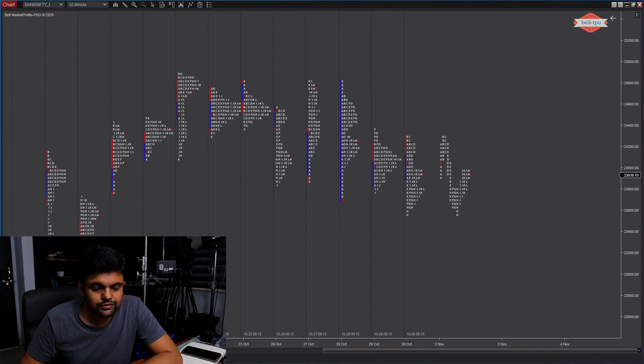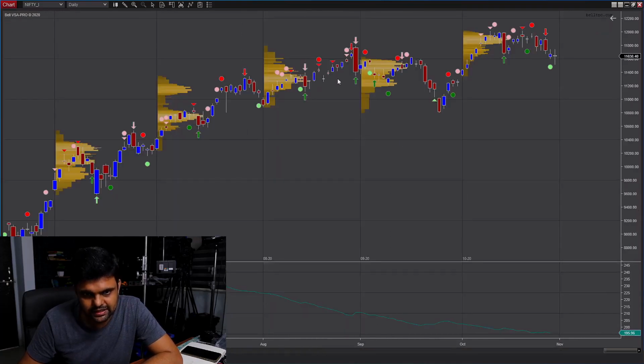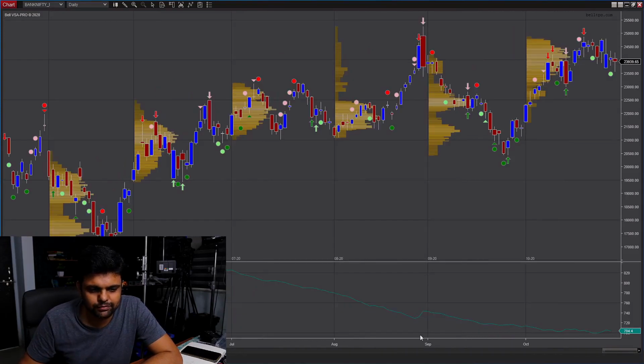Very simple. If you are aware of my method of setting the TPO size, what I do is I go to this daily chart, apply an average true range indicator with 100-day selection and just see the number here. It is 195. I directly use a rounded figure, let's say 200, as the TPO size for Nifty, and for Bank Nifty it is 704. So I'll round it down to 700 and I'll use that. It is as simple as that. Alright, there is no rocket science to it.